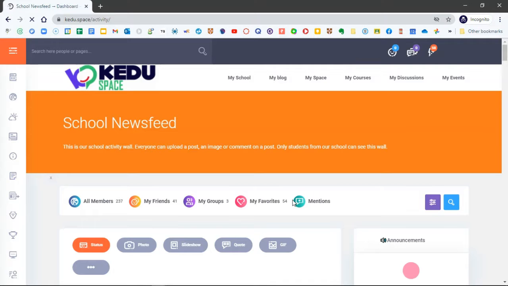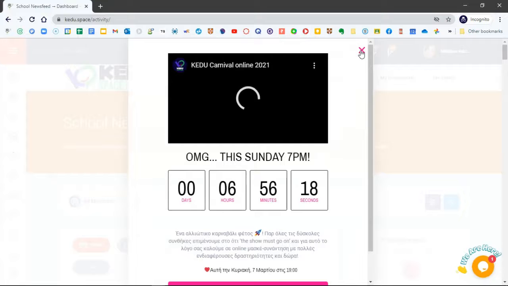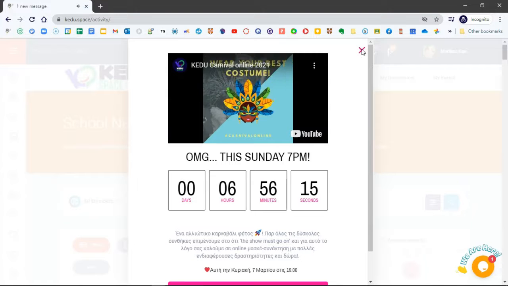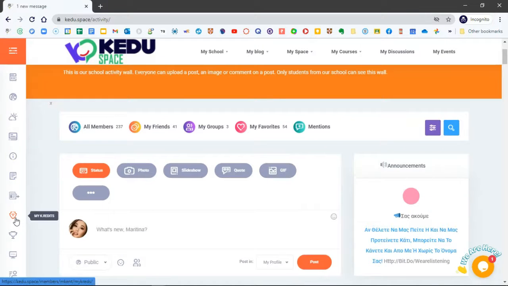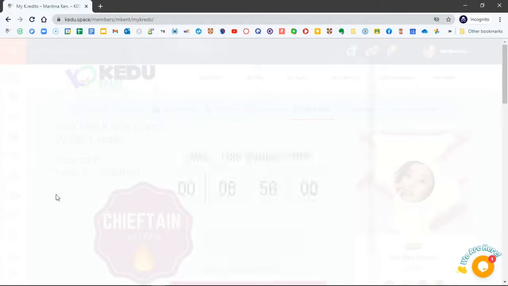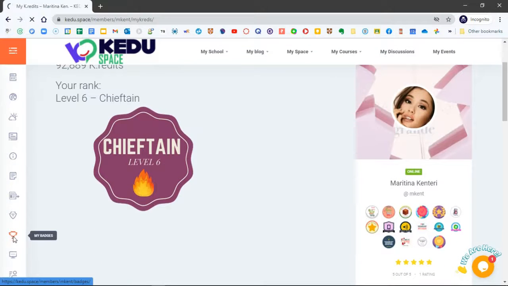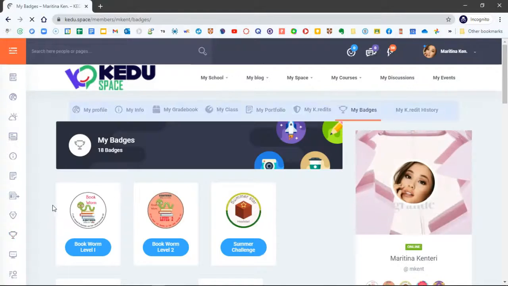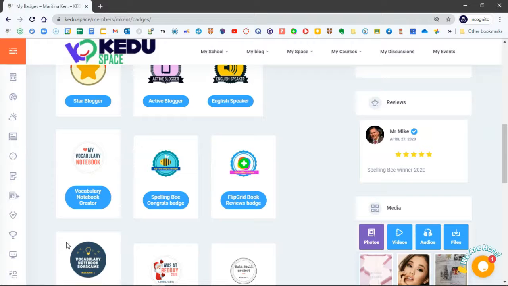So at the heart of my digital learning platform is a gamification system. Oh, there you go, an instant message. We've got a carnival, it's actually today. A gamification system where credits are automatically logged for students, with a ranking system, and where the badges they've gained for classroom management are kept in class.